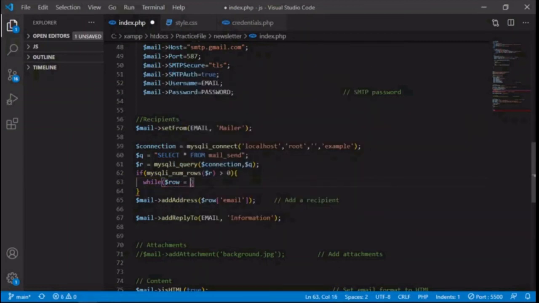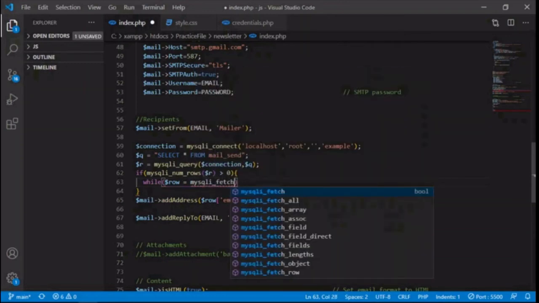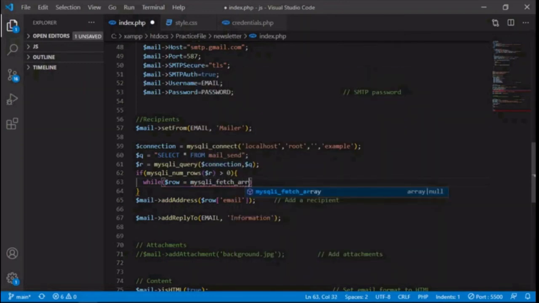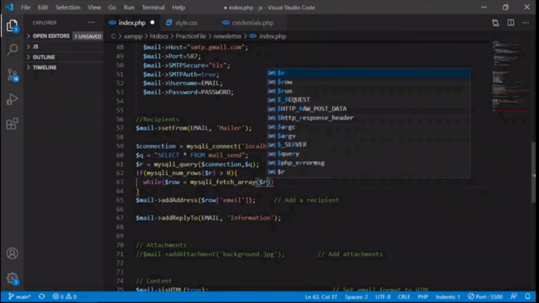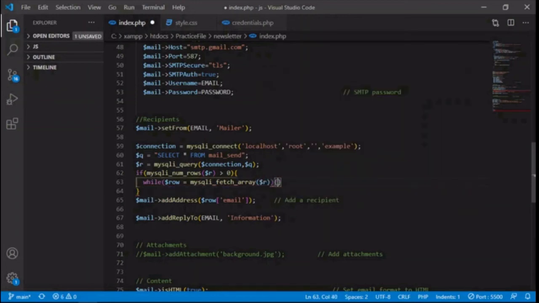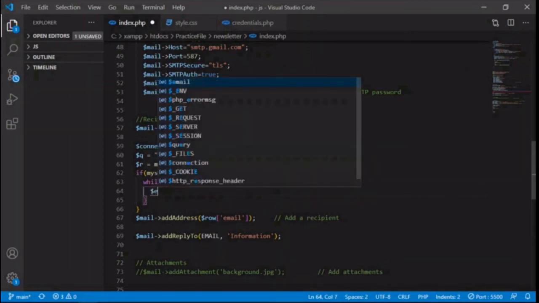Create one row variable: MySQL underscore fetch underscore array, you can also write MySQL fetch underscore associative array. Then pass the run variable and fetch all the records from the database.